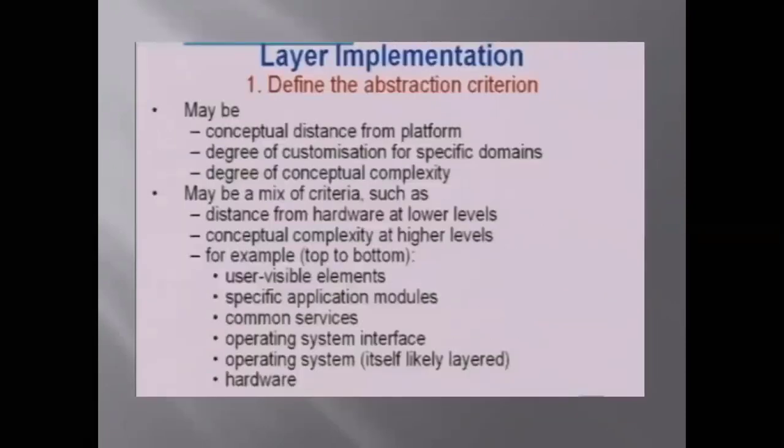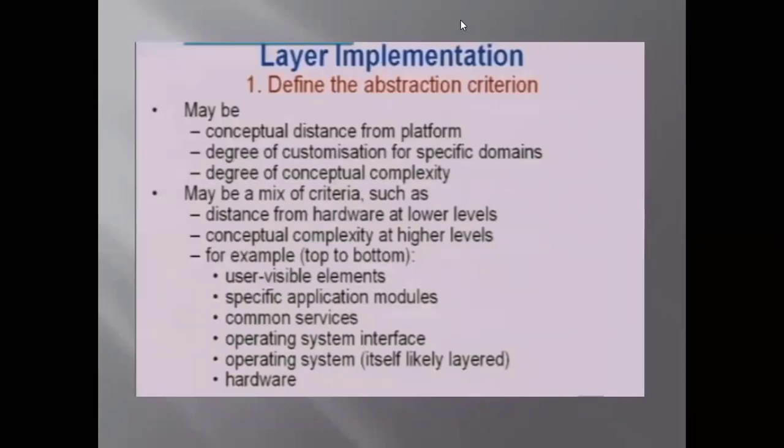Okay. Next, we'll see regarding the implementation, how we are going to implement this. The first step in implementation is to define the abstraction criteria. This is a very important thing. First we have to define the abstraction criterion rather than defining how many layers are needed. Instead of defining how many layers are needed, first we have to define the different abstraction criteria needed for the particular application. So we can see that